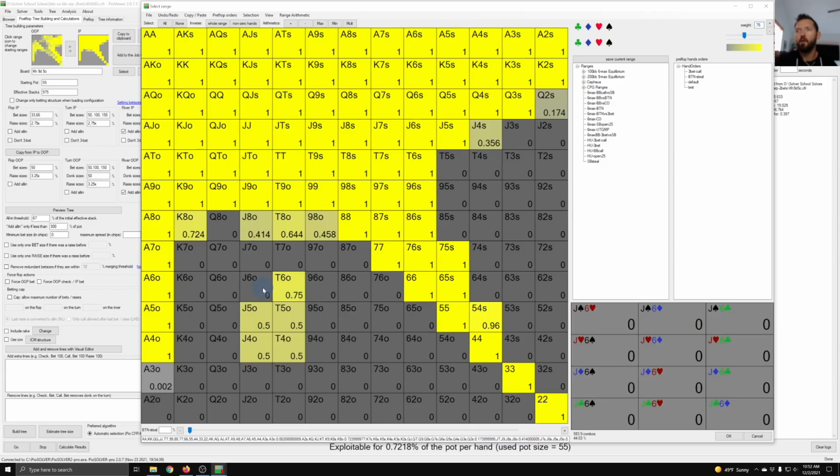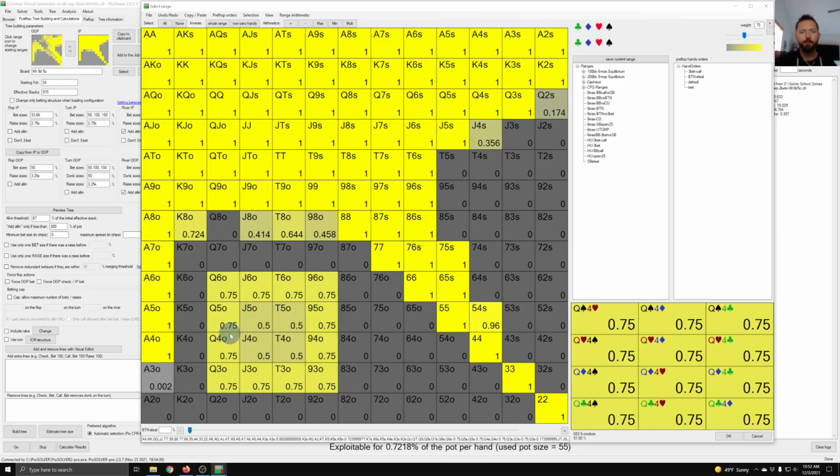And now I can select these, and now I'm giving these hands 0.75 frequency. And you can mix and match weightings throughout, as you can see in the grid. And as you can see and probably guess, it's going to be particularly useful. Not because necessarily anyone's mixing or doing things like that. I really don't expect most players to be calibrated enough to have a range that's so precise. I mean, some of the best players are going to have that, but the overwhelming majority of players aren't going